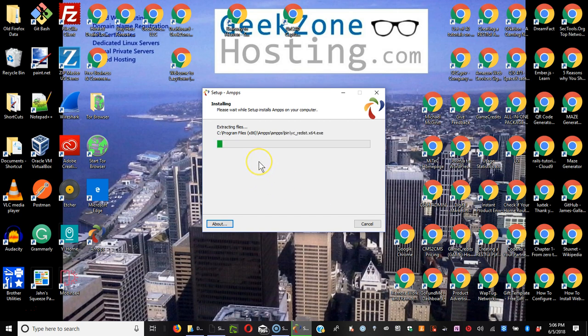Oh, there it is. Okay. So it's creating its own folder structure and loading up all of the parts of the program that are going to be required for your AMPPS package to run on your host